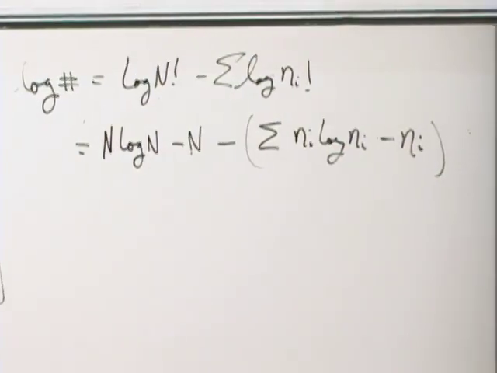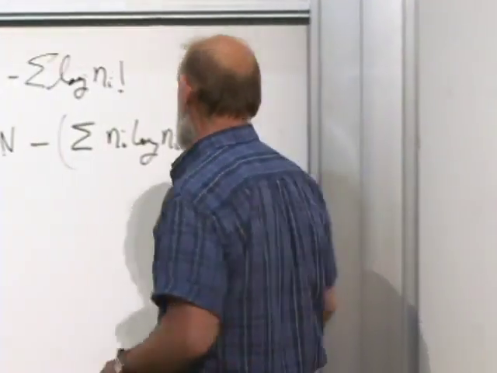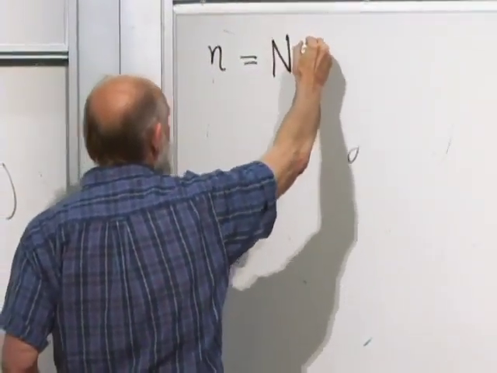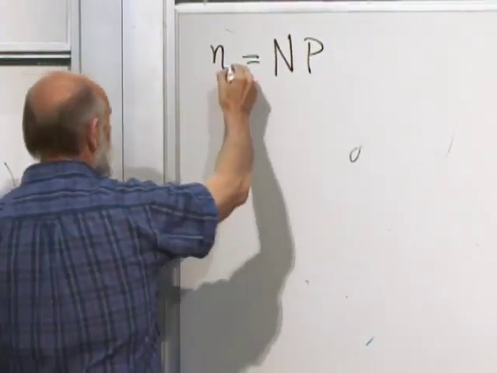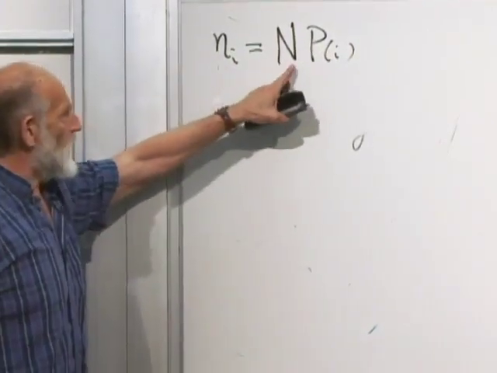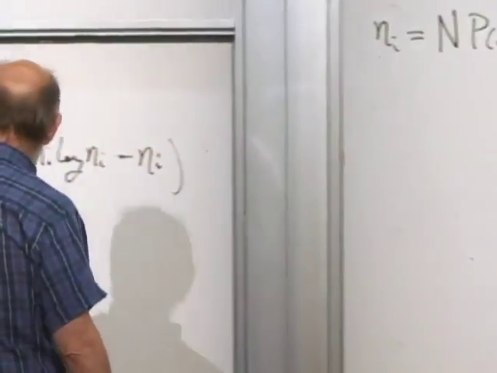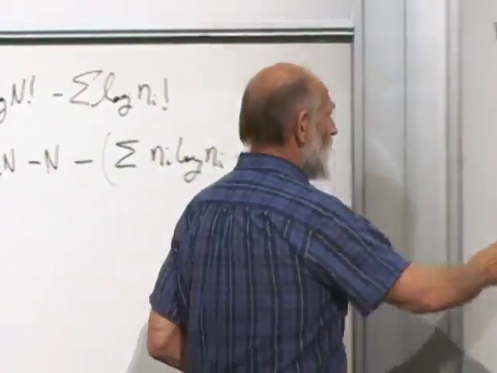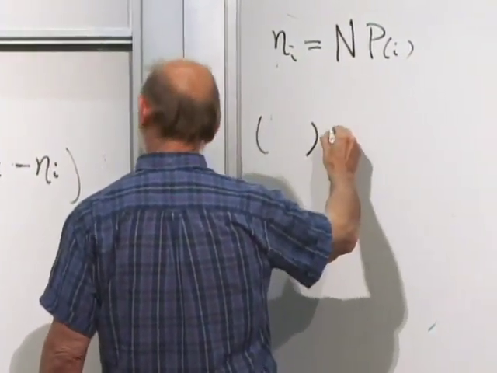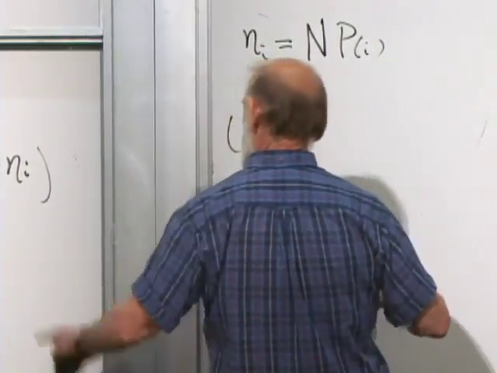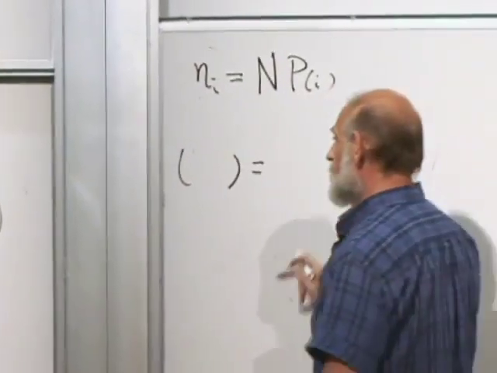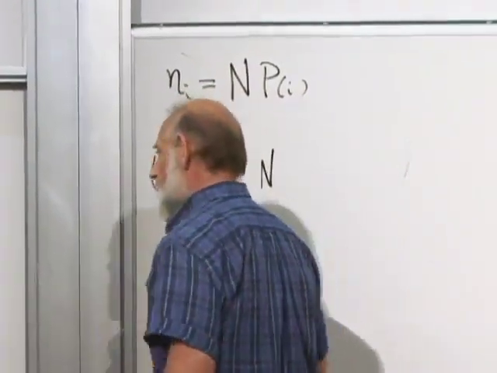The work that I'm going to do with it is very simple. I'm going to simply substitute that n sub I is equal to capital N times p sub I for each I. That's the same as saying n sub I over capital N is p sub I. I'm just going to plug that into here and grind it through. It's quite easy. So let's take the thing in the brackets. The thing in the brackets then is equal to each n sub I replaced by N times p sub I. So that's going to give you an overall factor of N.